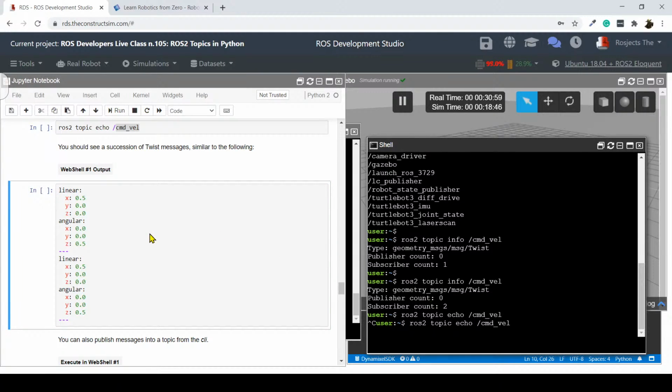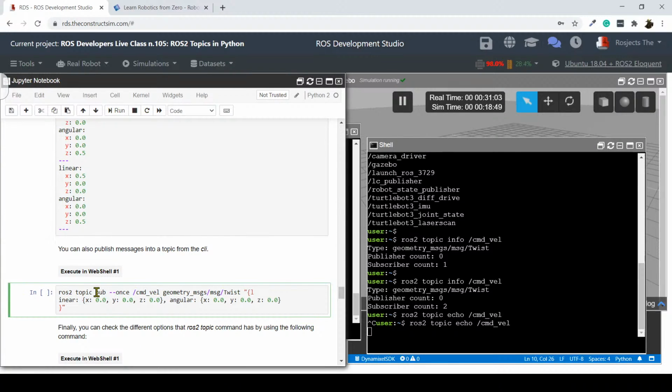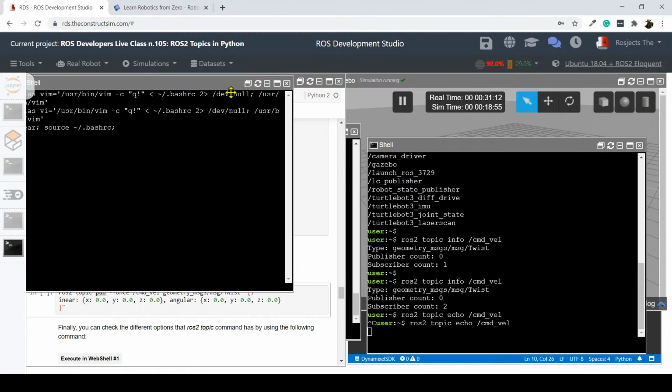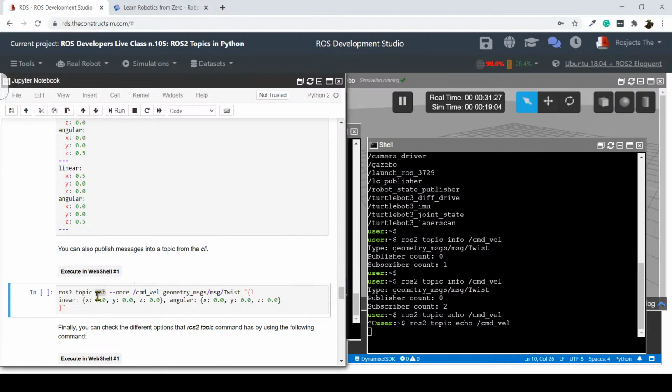So what can I do now? What I'm going to do now is to publish from the command line tools using the ROS2 topic pub command. So let me open a new shell here. In fact, I should have left that open there. Source opt ROS eloquent setup.bash. There we go. And now I can use this command here, ROS2 topic pub, in order to publish a message